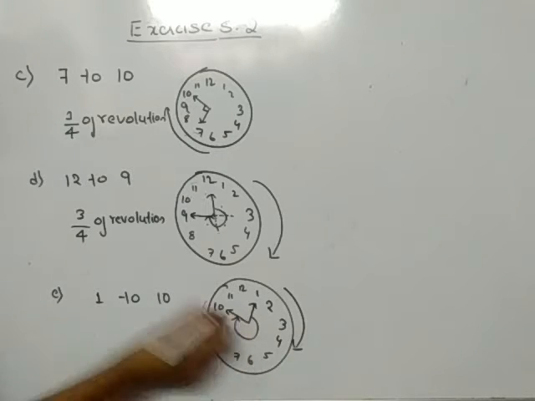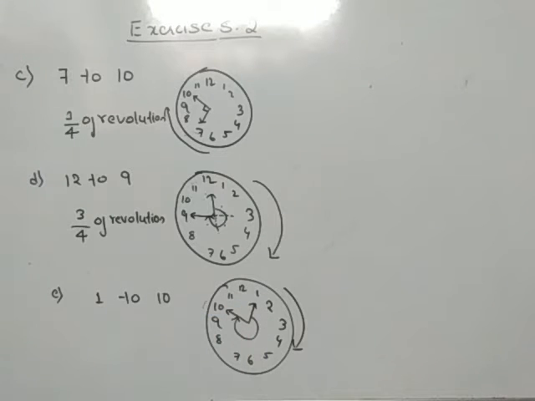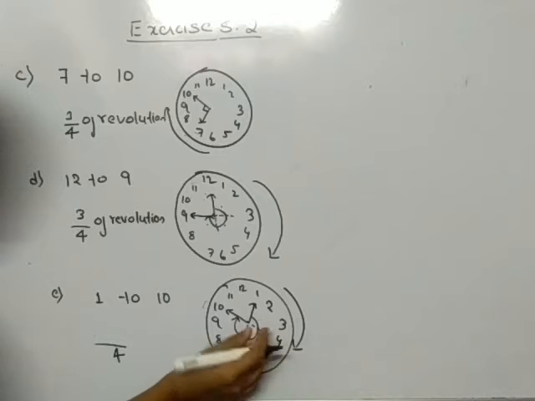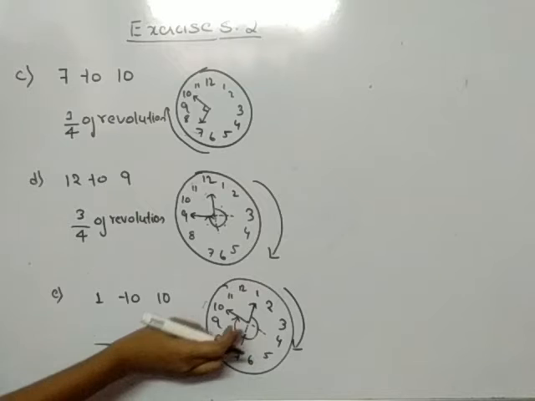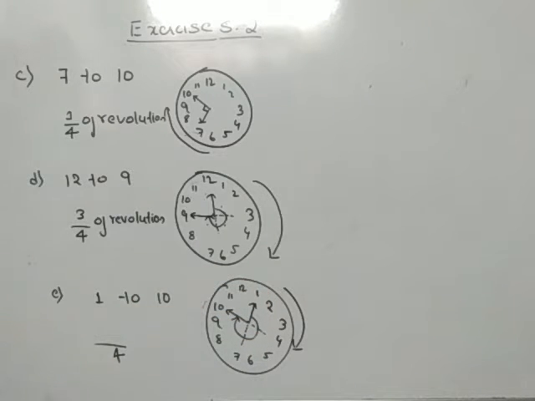So, to make one complete revolution here, again one right angle triangle is left, isn't it? Out of 4 right angle triangles, how many has it traced? 1 right angle, 2 right angle and 3 right angle. Because it traced this path, it has covered these right angles. So, out of 4 right angles, it has covered 3 right angles, that is 3 by 4 of a revolution.